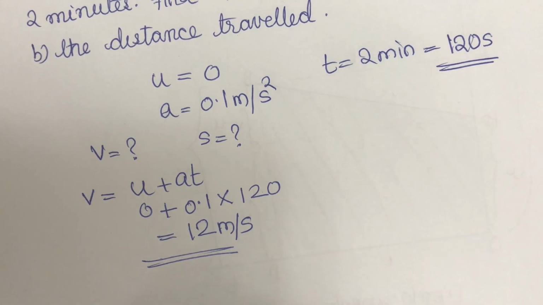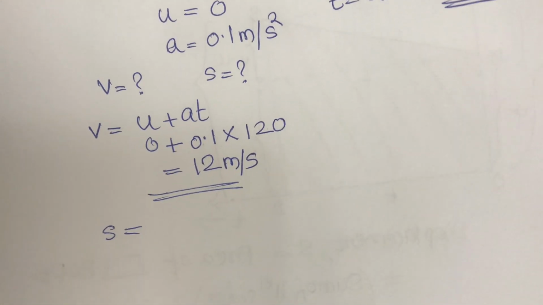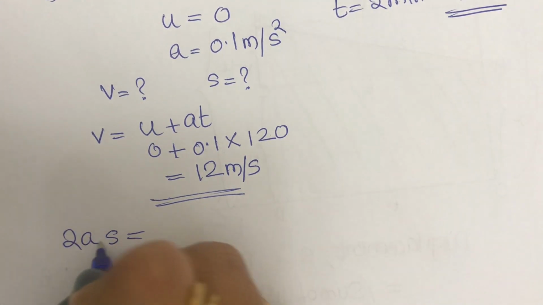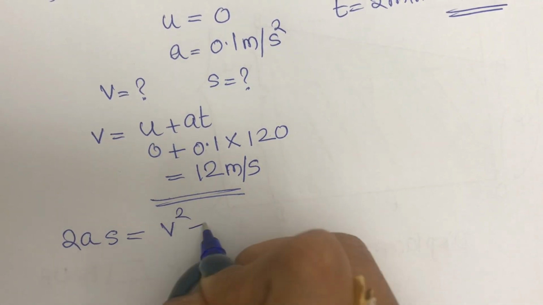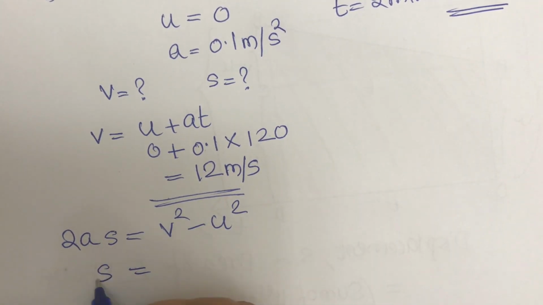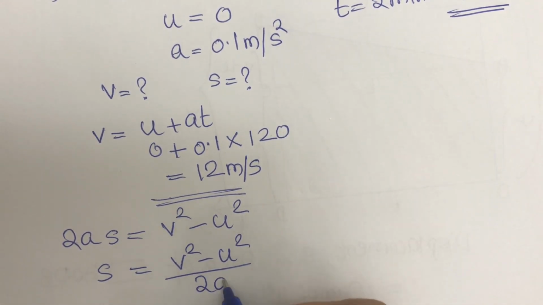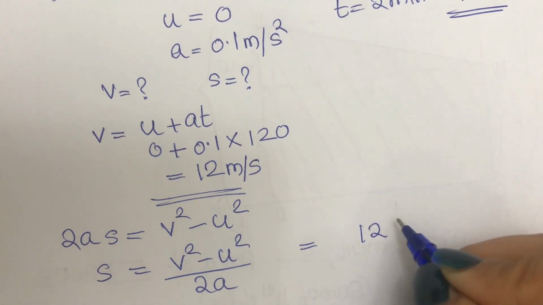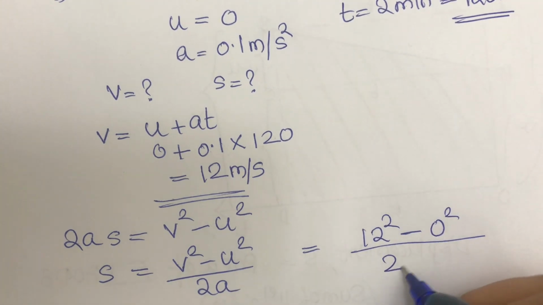Now you have to find what? You have to find the distance. What is the equation of distance? You can do 2AS. According to the third equation of motion, we have V square minus U square. So what is S? V square minus U square by 2A. So we'll substitute. What is V? V is 12 square minus 0 square by 2 into